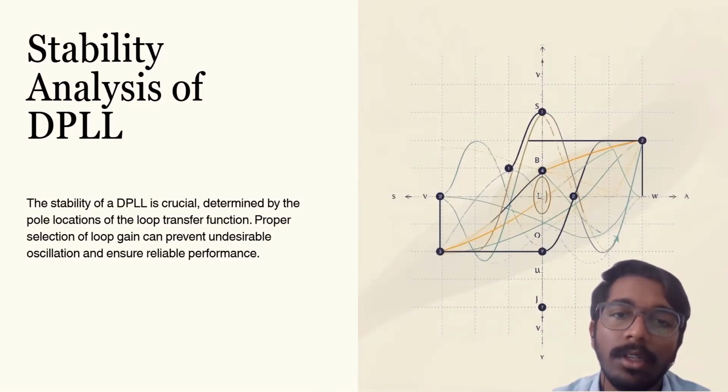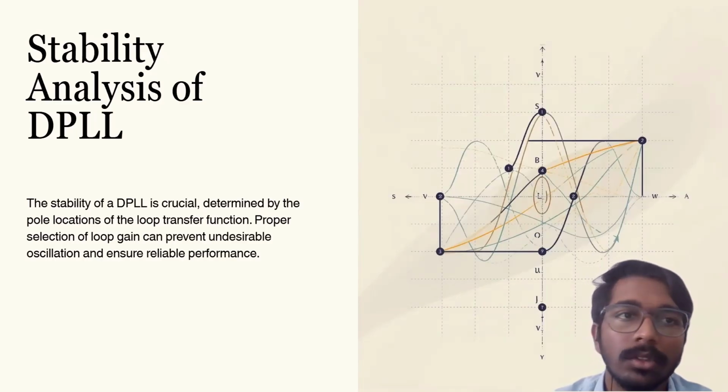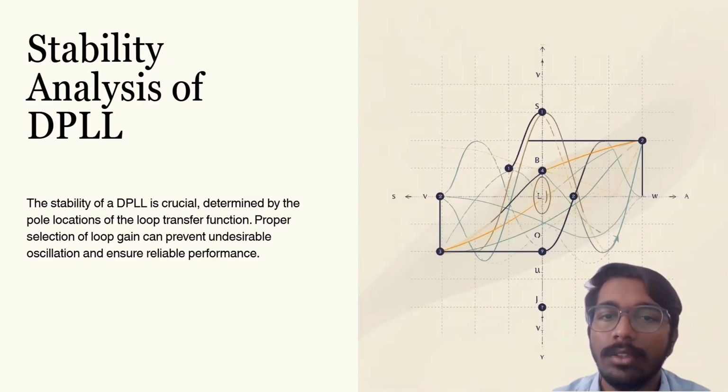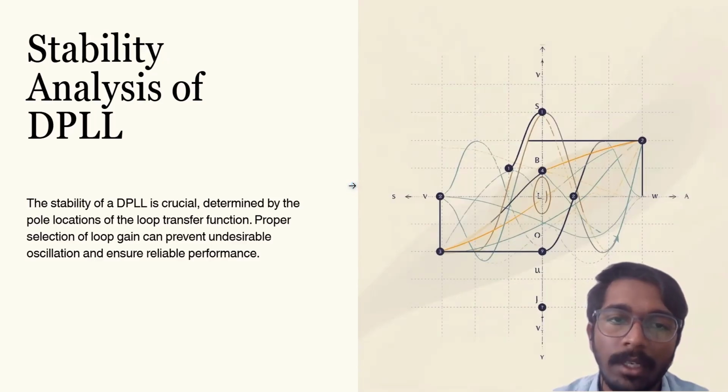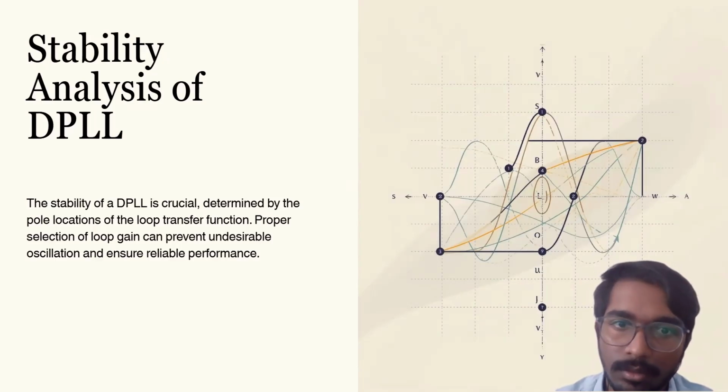In the linear model, stability depends mainly on the loop gain and the location of the poles of the closed loop transfer function. If the poles lie inside the unit circle in the Z domain, the system is stable. If the loop gain is too high, the system may respond very fast but can start oscillating or even become